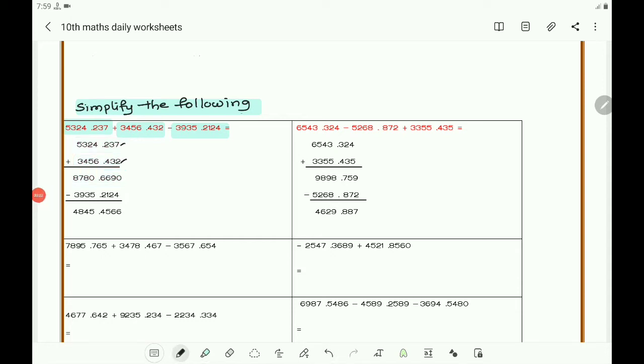Add 7 and 2, you will get 9. Add 3 and 3, you will get 6. Add 2 and 4, you will get 6. Next 4 plus 6, 10. 0, 1 carry. 2 plus 5, 7 plus 1, 8. And 3 plus 4, 7. 5 plus 3, 8. And you got the sum here, 8780.6690. And next you subtract from that sum